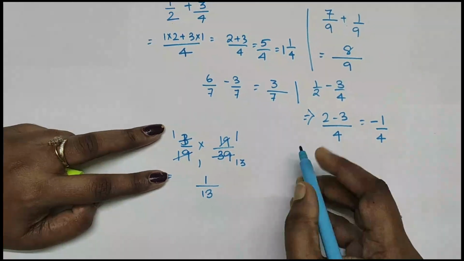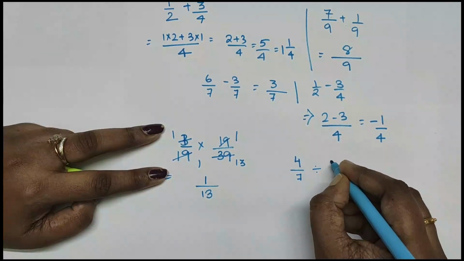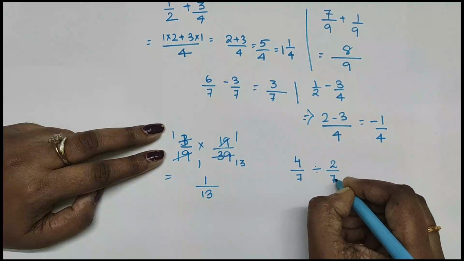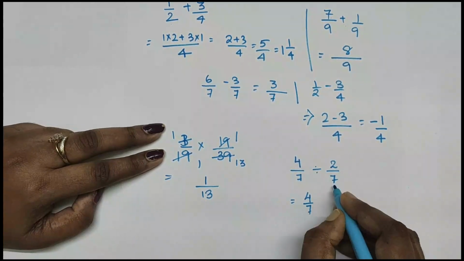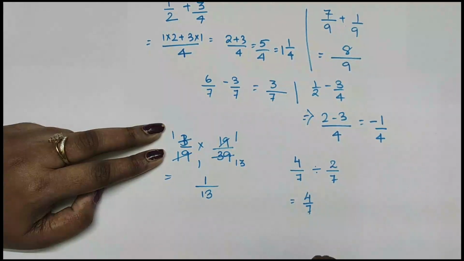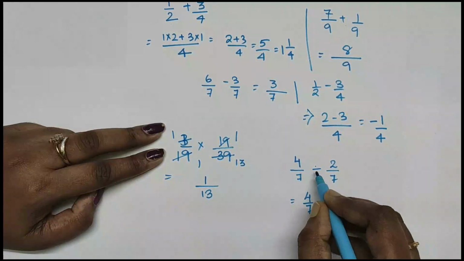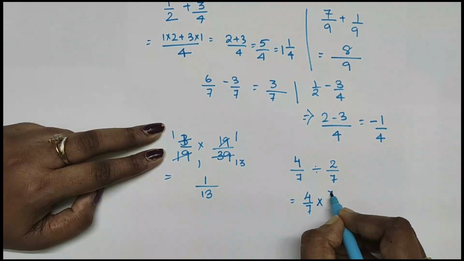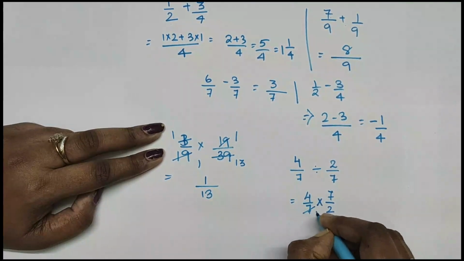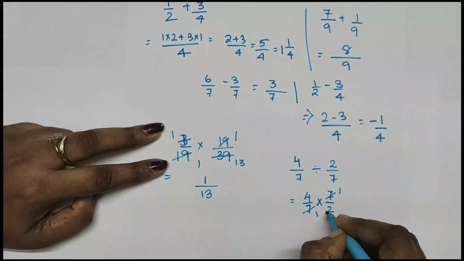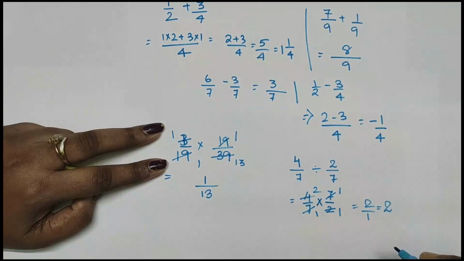Just multiply the numerators and the denominators, and if anything can be cut short, you cut it short and get the result. Similarly for division, suppose it is asking you to divide 4 by 7 divided by 2 by 7. What are you going to do? The second part will become the reciprocal. Reciprocal means the numerator changes to denominator and the denominator changes into numerator. So this division becomes a multiplication, and the second rational number becomes 7 by 2. So 7 ones are 7 and 7 ones are 7, and 2 ones are 2 and 2 twos are 4. We are left with 2 by 1, which is the same as 2.